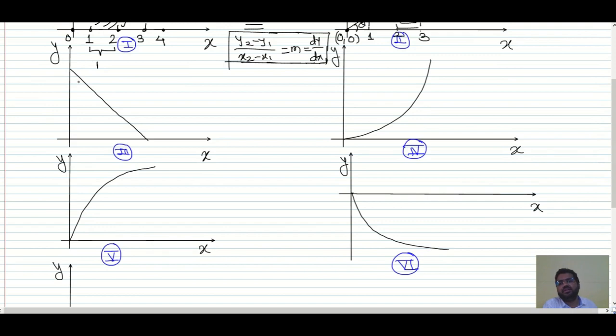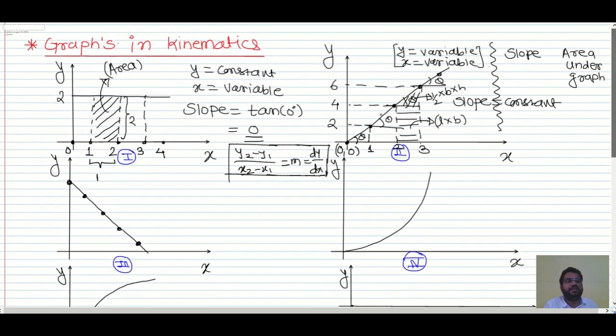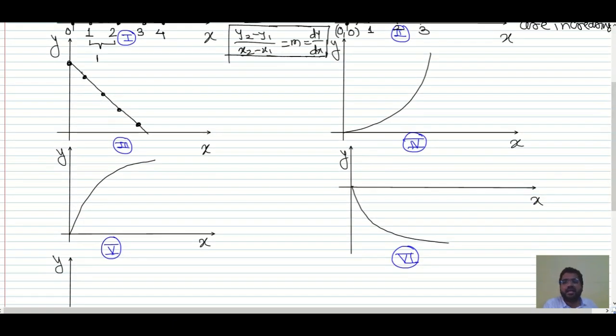Now likewise over here also, as y is increasing, x is also increasing, right? So both y and x are increasing, we can say. But now in this example, in the third example, as y is decreasing, x is what? Increasing. Though both are variable, one is decreasing, other one is increasing.